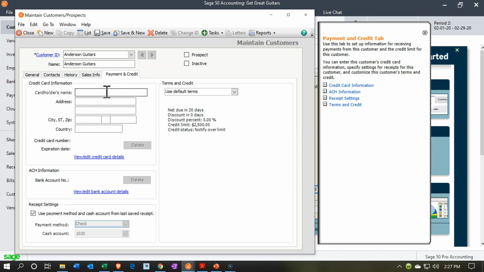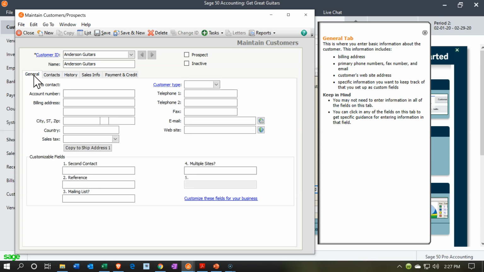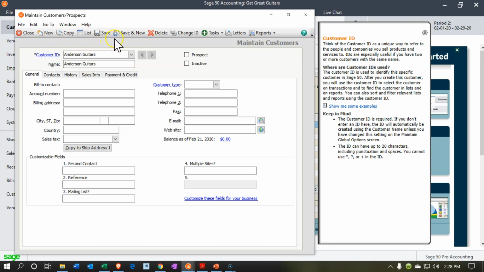And again, I'm not going to put this information in at this time. We're just going to hit the minimum so that we can then populate the beginning balances. So I'm going to say save on this. So let's save it. And then let's do a new one. So we'll say new, or I could say save and new at the same time. So save and new, and then we're going to have another one, and this is going to be